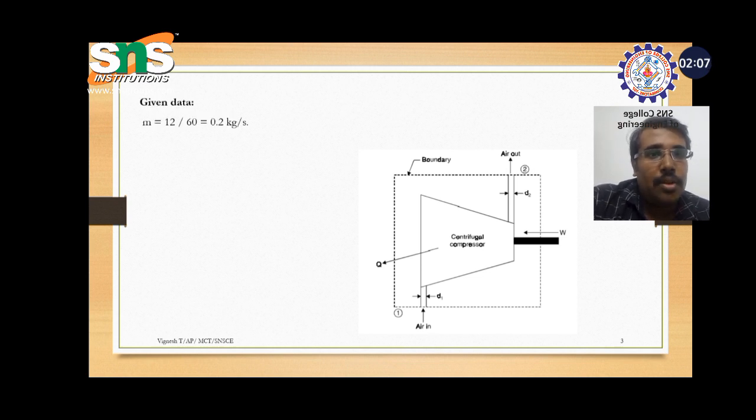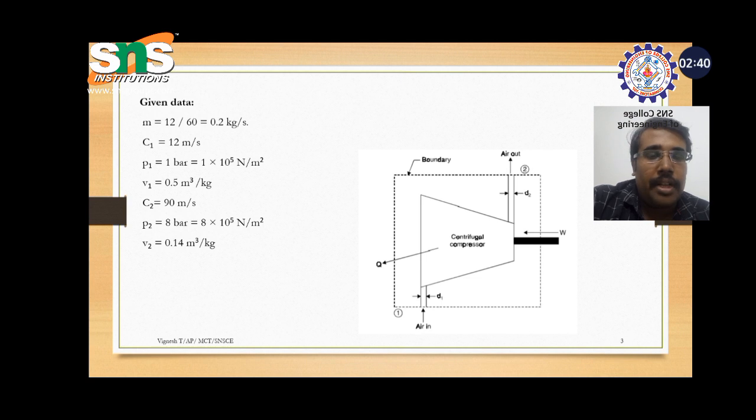So write it down. m is the mass flow rate, 12 per minute, so 0.2 kg per second, and velocity 12 meter per second, pressure given, specific volume given as 0.5 meter cube per kg, and velocity at outlet given as 90 meter per second, pressure given as 8 bar, so you have to consider it in Newton per meter square, so 8 into 10 to the power 5 Newton per meter square, specific volume 0.14 meter cube per kg,